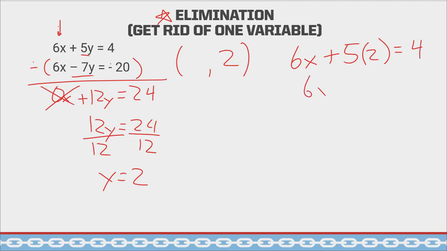So 6x plus 10 equals 4. And then if I subtract away this 10, I get 6x equals negative 6. So x equals negative 1. Okay, so that is elimination. Let's look at one more